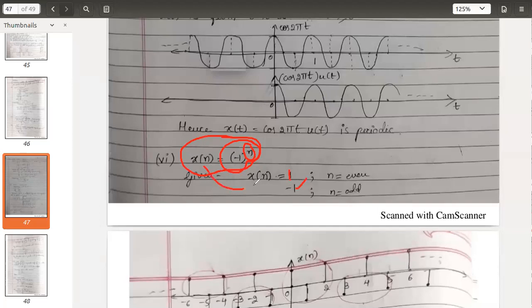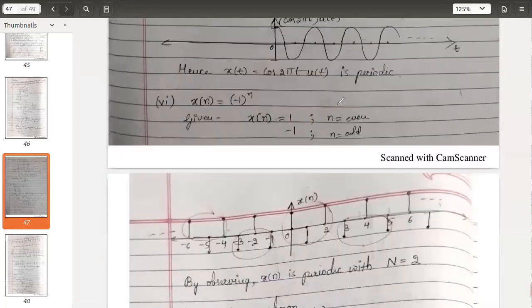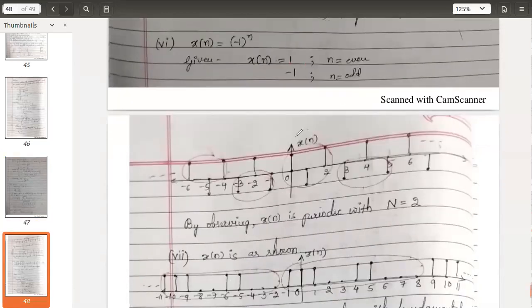The meaning of the given equation, the given signal is this. So shall we try doing this? If you draw it, take n is equal to 0. n 0 even है या odd है? So you consider anything raised to 0 is 1, plus 1. If you take n is equal to 1, odd power है, negative amplitude minus 1. n equal to 2, 2 is even number, minus 1 raised to 2, even है तो positive. So like that, positive, negative alternately you will get, and this extends up to infinity.